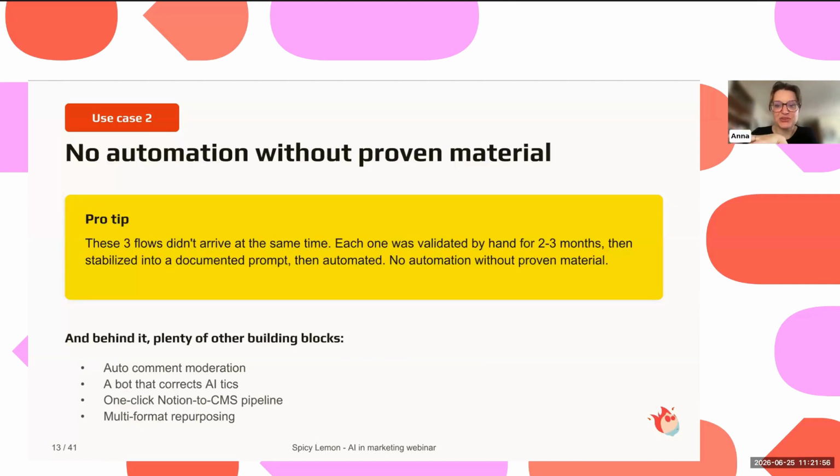So once again, very important. Never do any automation or AI stuff without proven material. We managed to do so just because it was done several times before. They really knew what to expect, so it was much easier to do. And if you haven't improved and tested those flows yet, please start by creating some agents that you may use on a day-to-day basis. And then once you're sure that they're working, you are sure that you have the right feedback there, this is where you can move into automation with no code or code. But never do it up front because otherwise it's going to break and it's just going to make you lose much more time than ever.